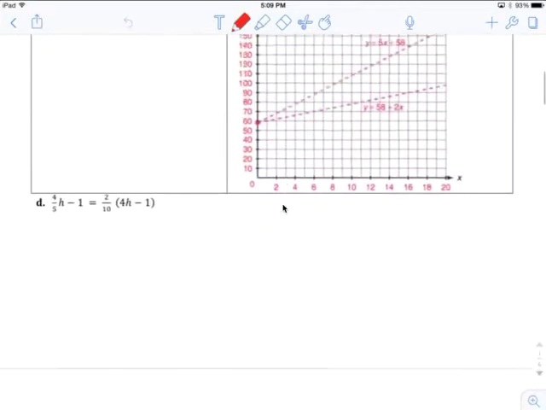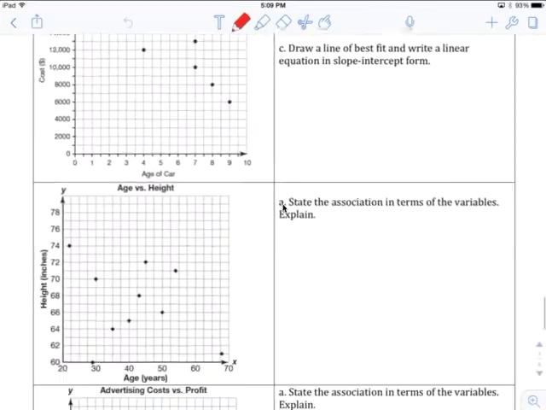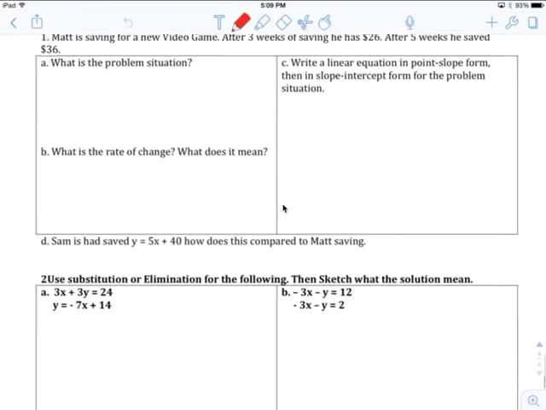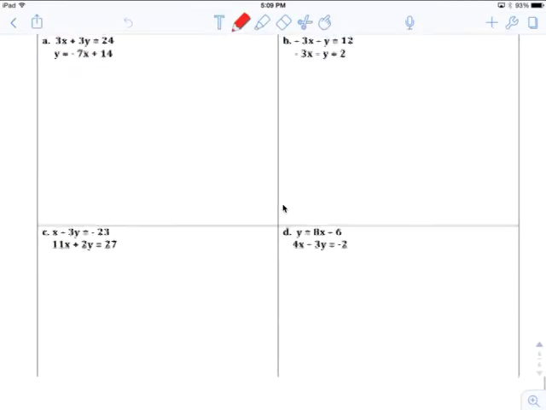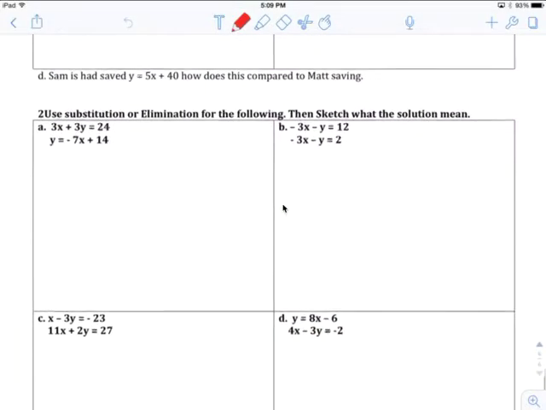Go over the last page first. We'll work backwards. We'll do all the review first and then what we're learning. Use substitution or elimination for the following. Then sketch what the solution means. You would use substitution here